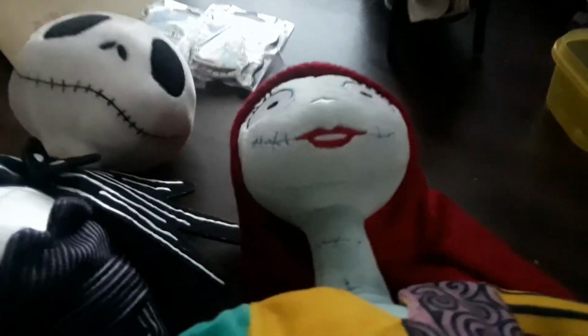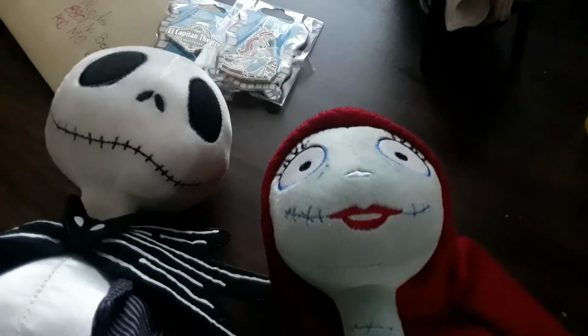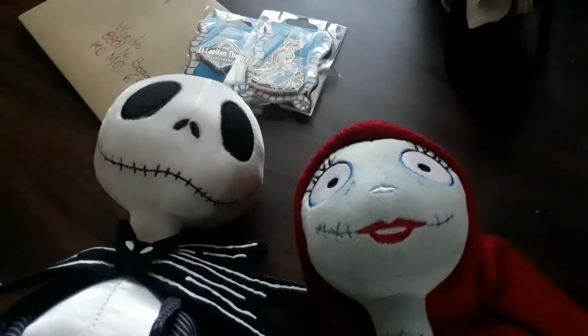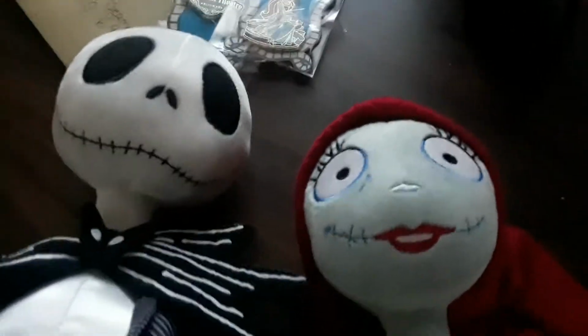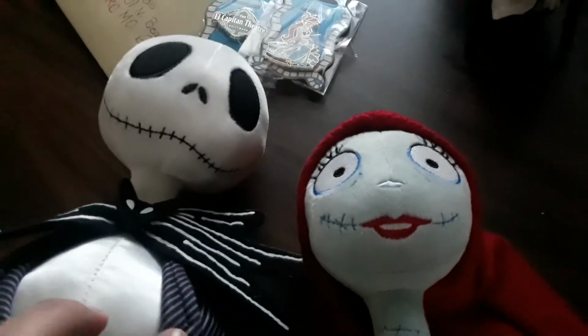And a Sally plush. By the time I went to the souvenir stand and quickly came back, it was getting late. It was almost time for the fireworks. And my group wanted to quickly head over to Disney's California Adventure to check out some stuff before we had to get back for the fireworks. I wanted to quickly head back to the Haunted Mansion and the gift shop stand to see if I could